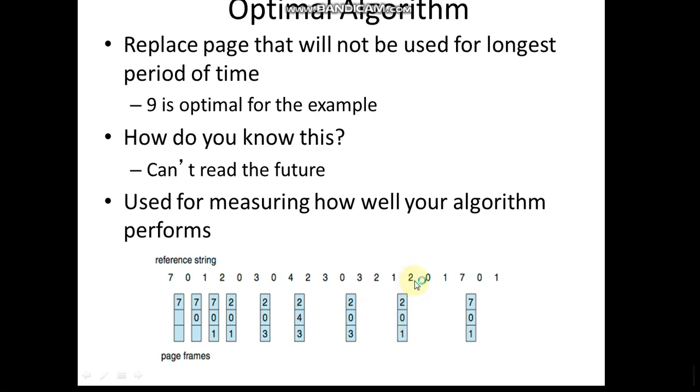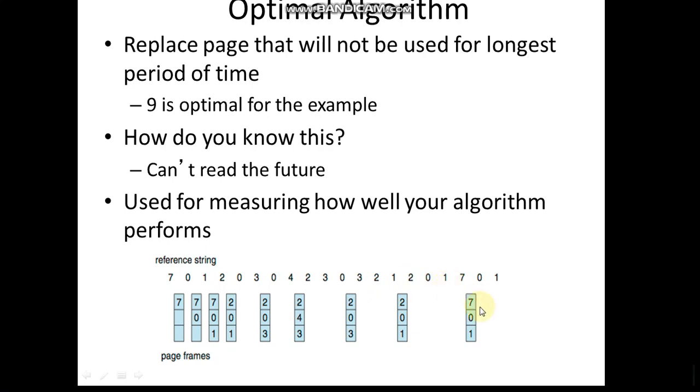Then there is a request for the same set of frames which are already there in the main memory, that is 2, 0, 1, not causing any page fault. Then 7 has to be placed, right? If you look at the right hand side of this particular string, 0 and 1 are required, 2 is not required at all. So we are replacing 2 by 7.